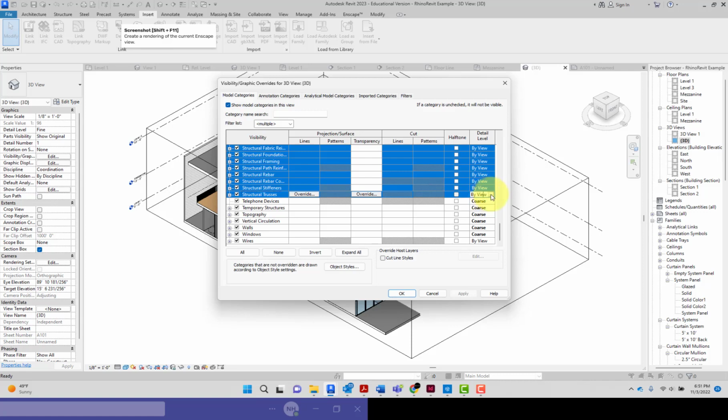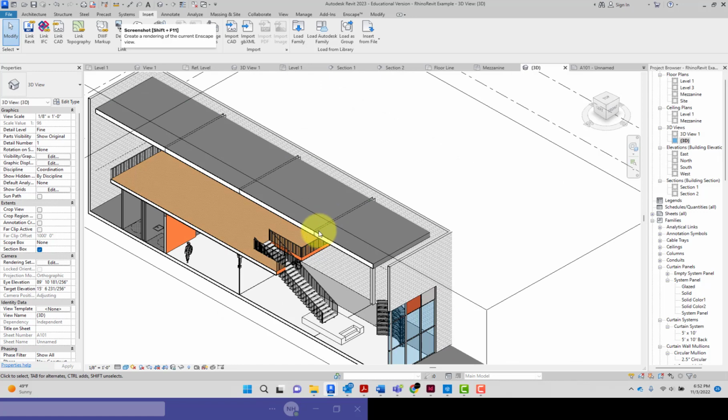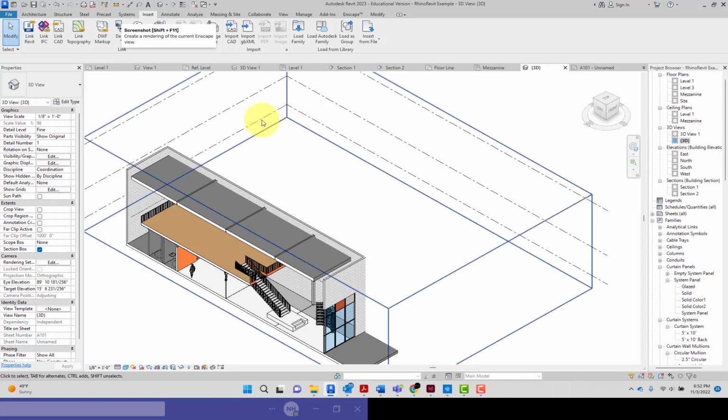I could also be on coarse. If I had just down here was on coarse, I could just have this be on fine so that the structure shows up, because that's what we'll want. We'll want the structure to actually show up and not just be a line. Okay? So once you get that done, what you will likely see is that your Poche